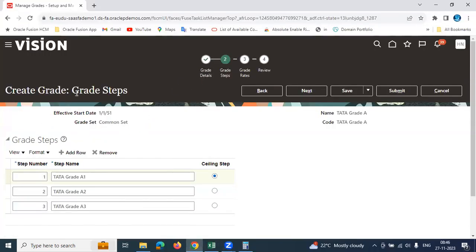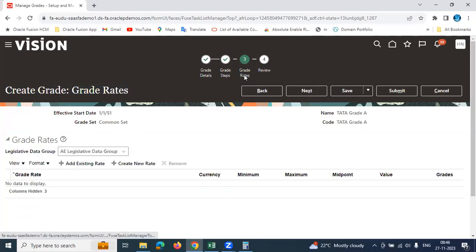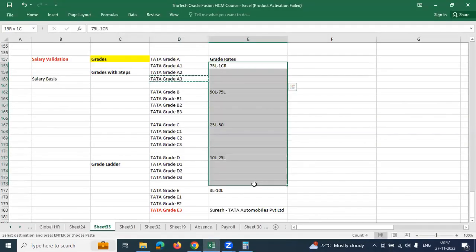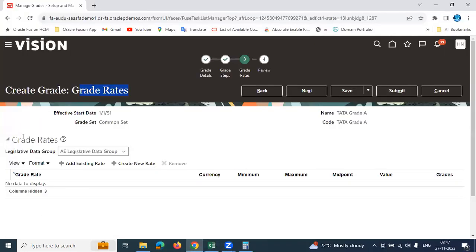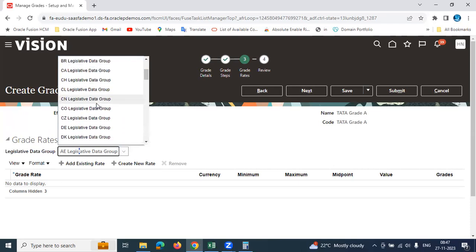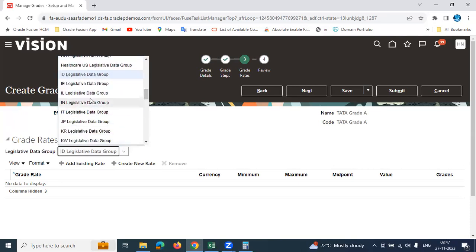Grade I define, grade steps I define. Next, if I click on next team, I will land upon grade rates. See team, grade rates. Now, as it is related to the salary, you have to capture the LDG information. Okay. Because going forward, when we're defining any setups in our absence or payroll, all are LDG specific. So when you are configuring the grade rates also, you have to define under LDG, legislative data group. Okay. So select that LDG, India,